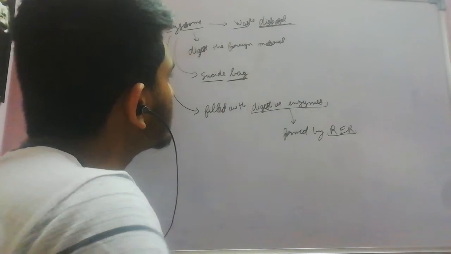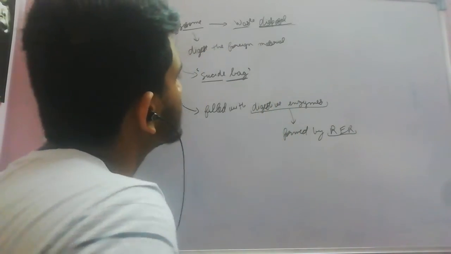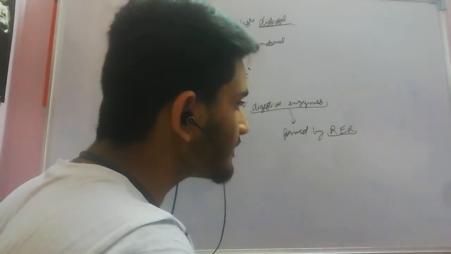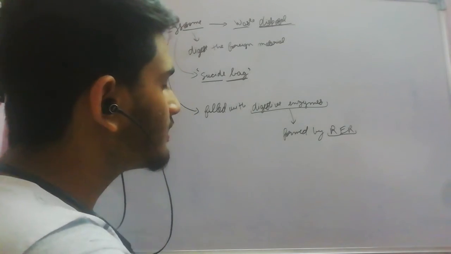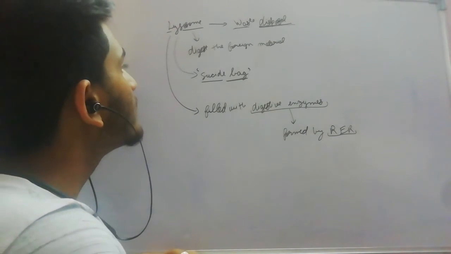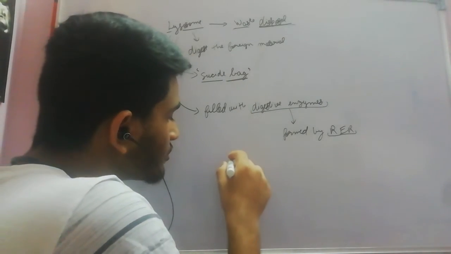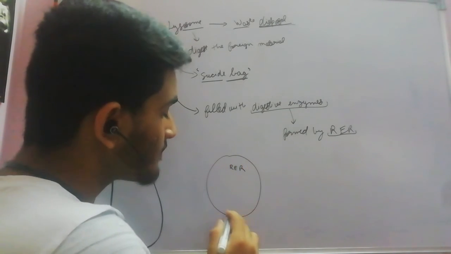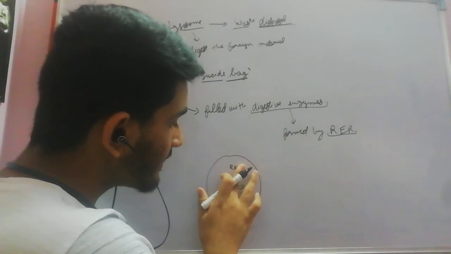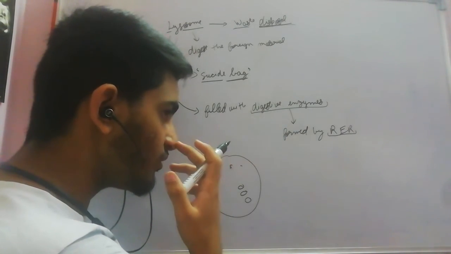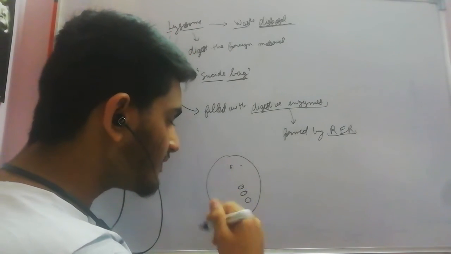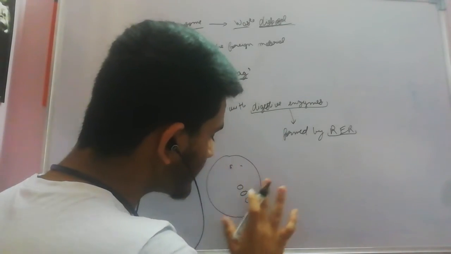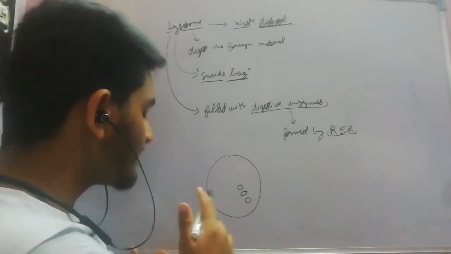Why is it called the suicide bag? It is called the suicide bag because, for example, any part of the cell is damaged or broken. Now what will the lysosome do? The lysosome will digest the whole cell. Let's say we have RER here and we have lysosomes here, and the RER gets broken down or damaged, so the lysosomes will actively come into charge, and they digest the whole cell with their digestive enzymes.